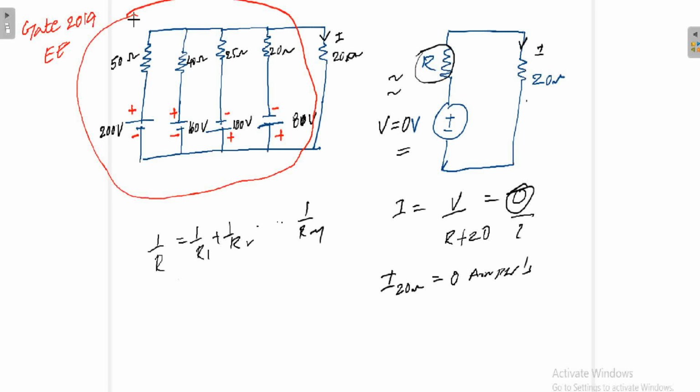So this is the way they have asked. Without using Millman's theorem also you can find it. By using Thevenin's theorem you can replace the total circuit with VTH and RTH, but it takes more time. You can do it with Norton's theorem also, by finding the short circuit current ISC and RN. And without theorems you can find it by using the superposition theorem, but it takes so much time.